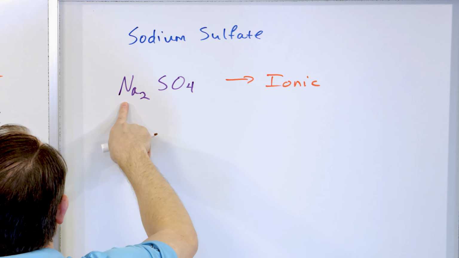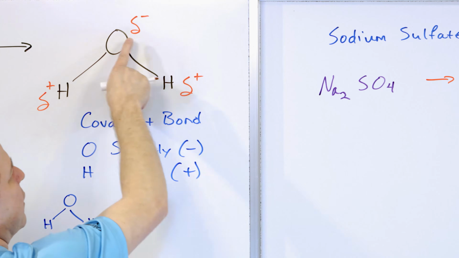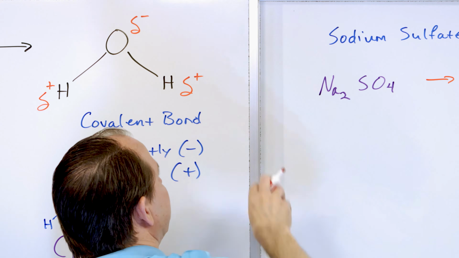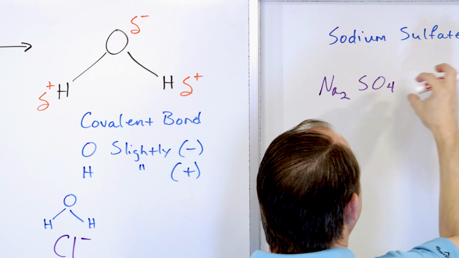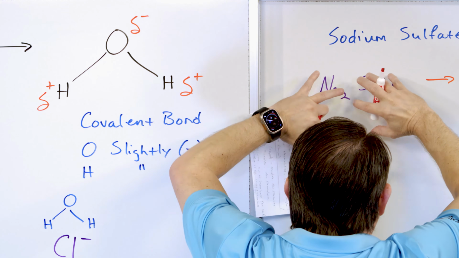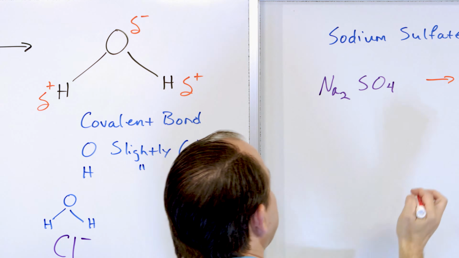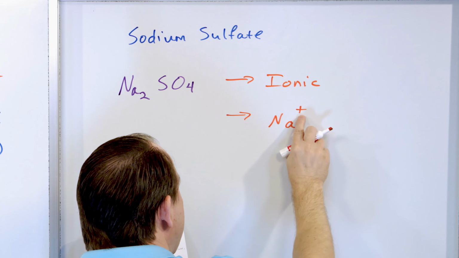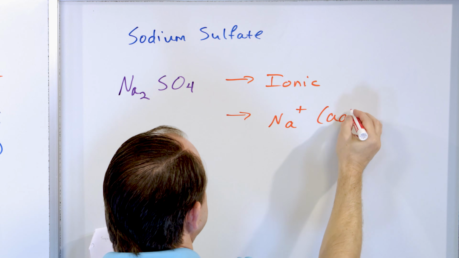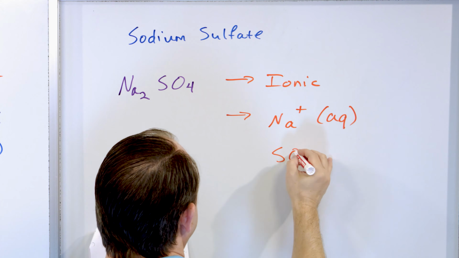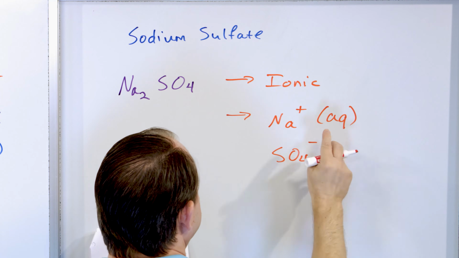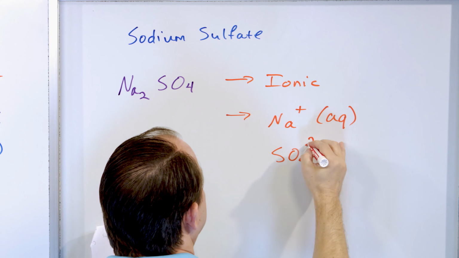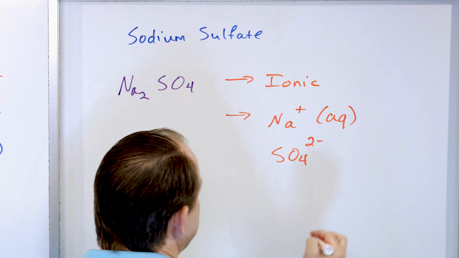So the negative side of the water, the oxygen side of the water, is going to be attracted to this and start pulling on it. And the hydrogens are going to be pulling on the sulfates, and it's literally going to dissolve it and then rip it apart. And so it's going to break down into sodium ions in aqueous solution. And it's going to break down into sulfate ions, which has a charge of -2 on the sulfate ion